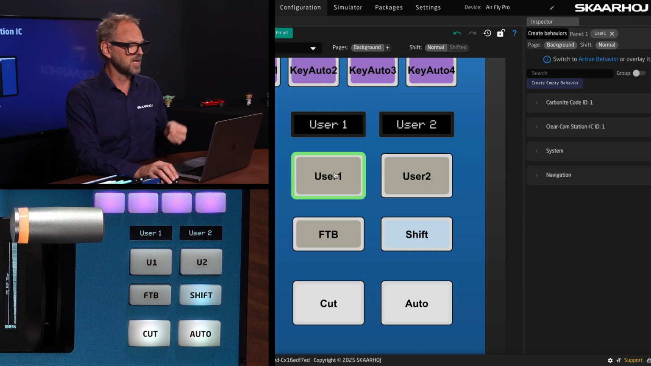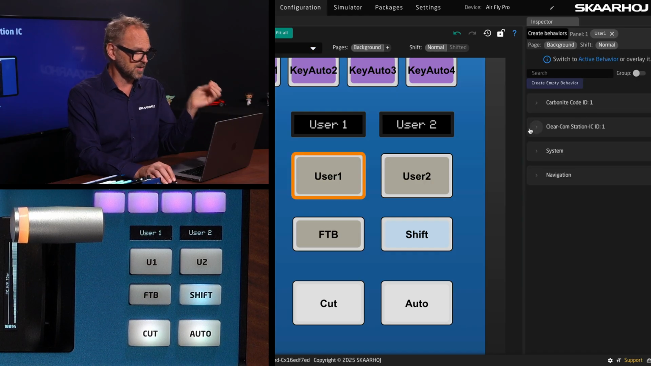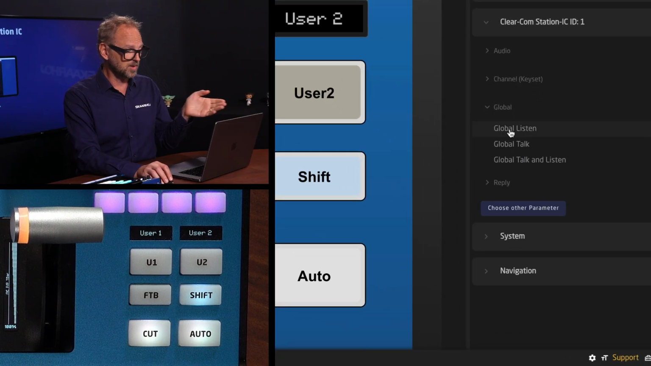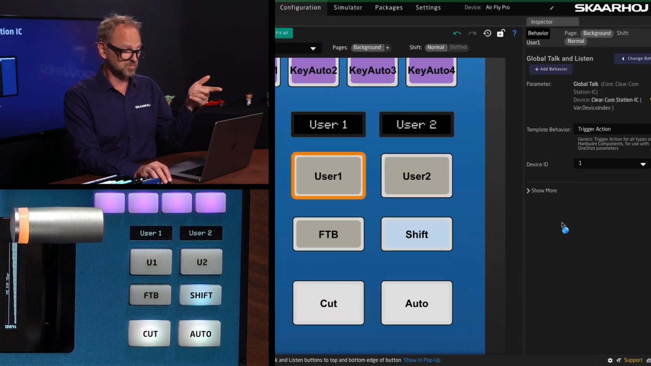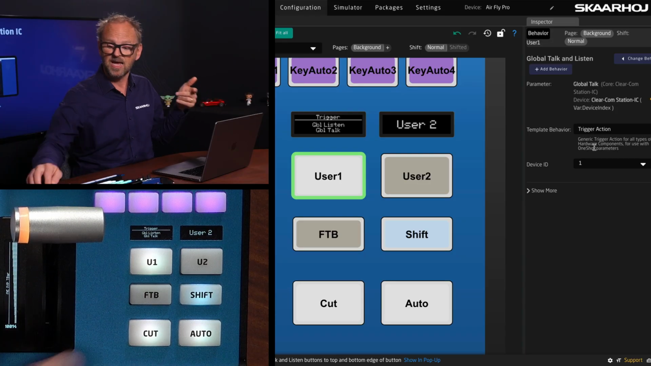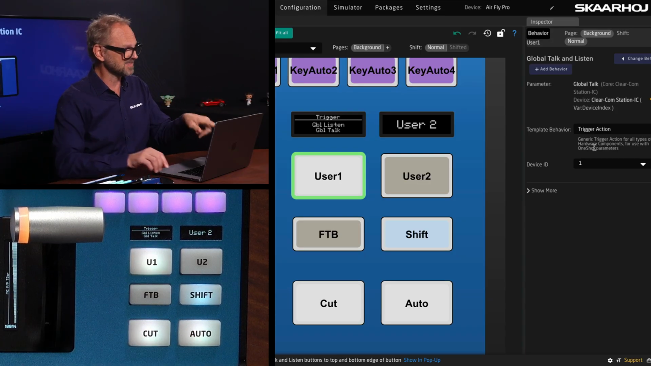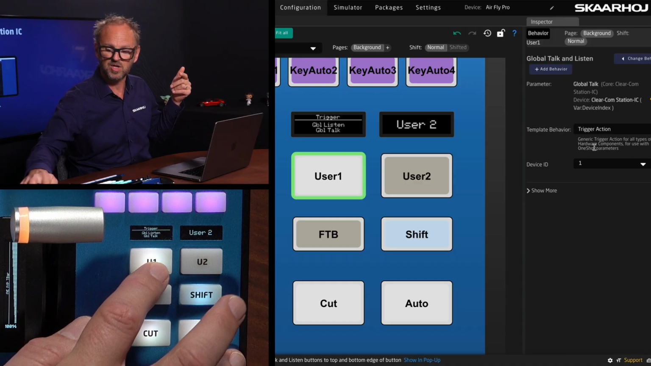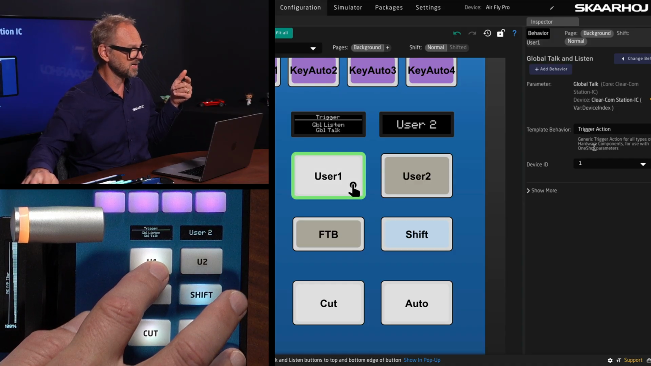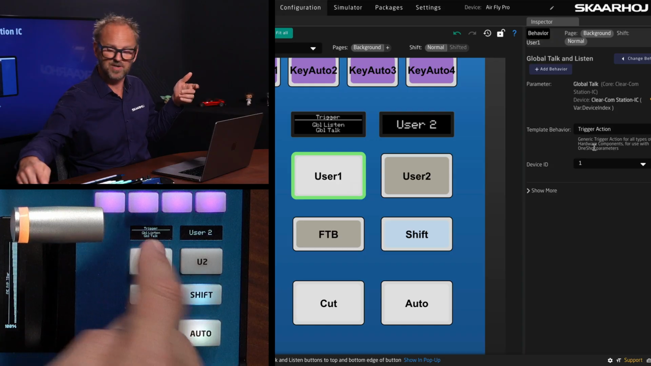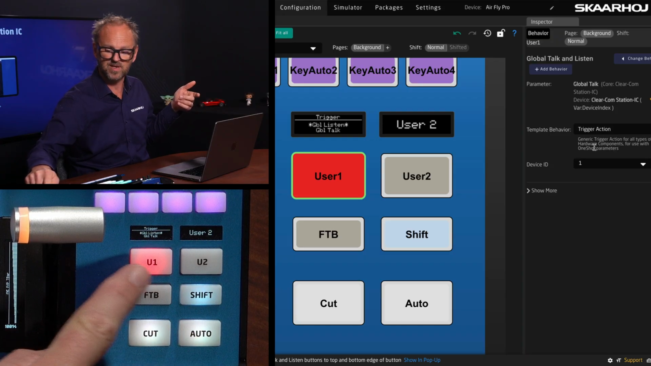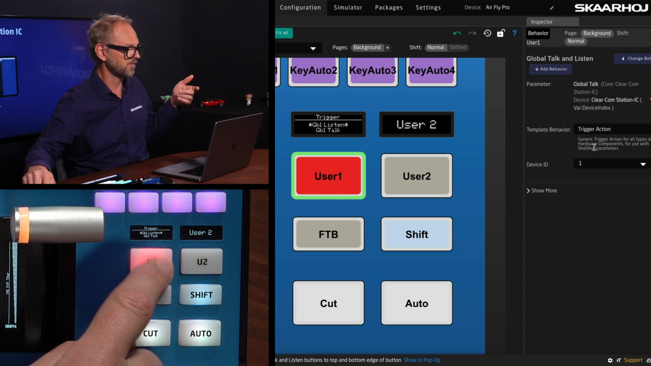So we want to put in functions here. We click the first button. We open up the menu of ClearCom Station IC device core, and we choose global. We can do global talk and listen, and you can see it in the display. It's the same on the web UI here. So if I press the lower edge, I am basically toggling the talk. If I press the upper edge of the button, I'm toggling listen, and I get the red feedback on the button, and I can have both of them enabled at the same